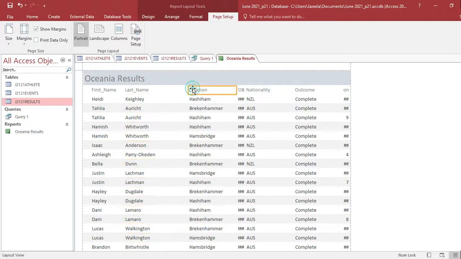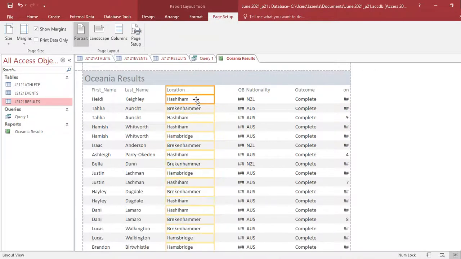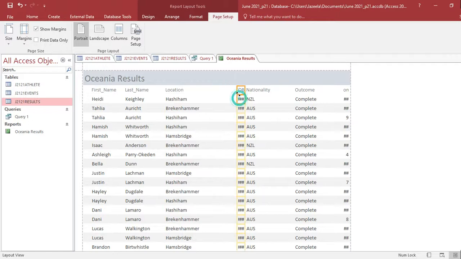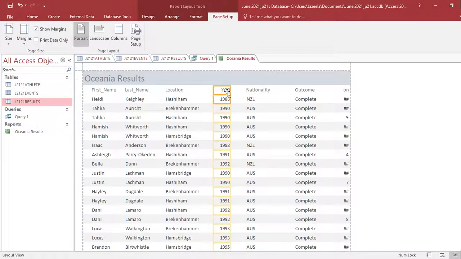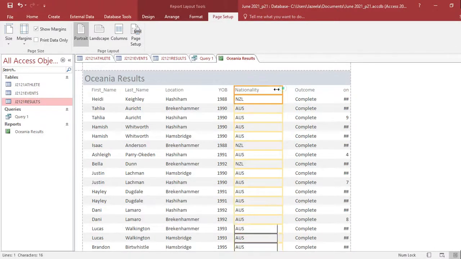Now location, hold the control key, choose together. Now YOB and hold the control key, select the data. First I am going to increase the size of the column so that it is completely visible, and then I will change the position. Now nationality, I'm going to reduce the size.